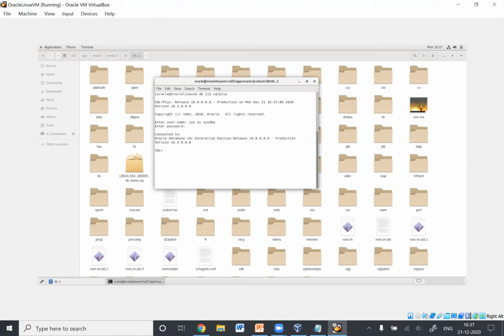We'll press enter. Now you see over here, connected to Oracle Database 18c Enterprise Edition release 18.0.0.0 production version 18.3.0.0.0. So our Oracle 18c installation is completed and we are able to access it.